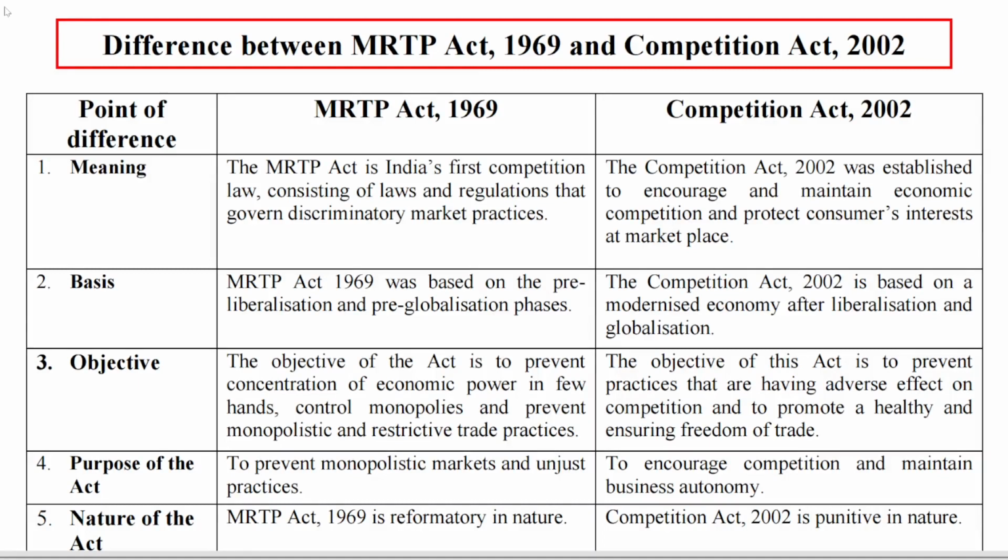Hello everyone. Today we'll be studying a 12-point difference between MRTP Act 1969 and Competition Act 2002. The first point of difference is meaning. The MRTP Act is India's first competition law, consisting of laws and regulations that govern discriminatory market practices, whereas Competition Act 2002 was established to encourage and maintain economic competition and protect consumers' interest